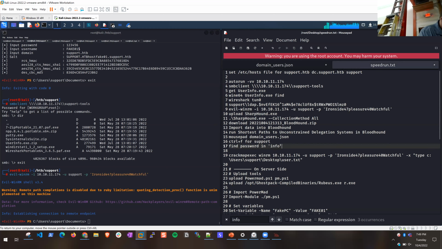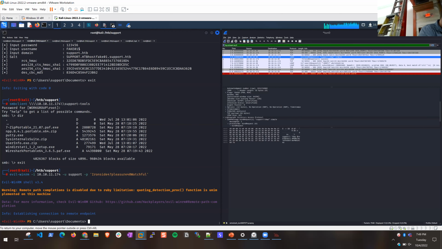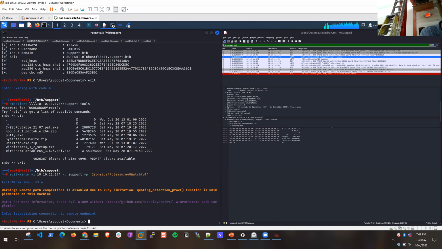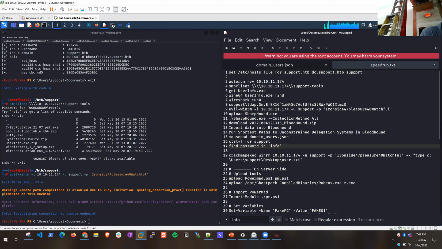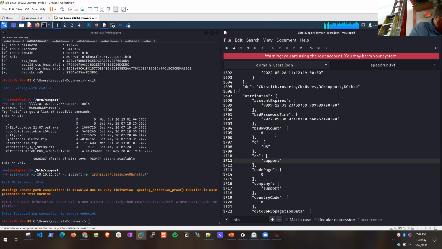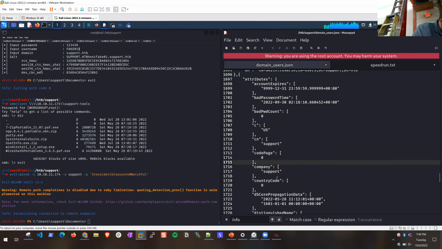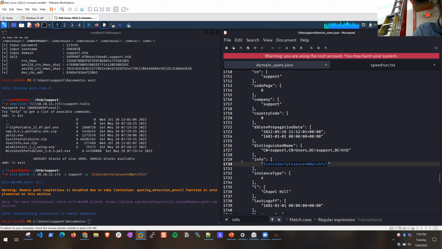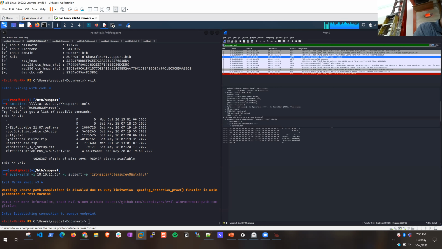Also, the JSON data is interpreted in Bloodhound, but it's also good to go and parse that manually because you never know what type of data will be in there. In this case, in the actual JSON file, we have a field called info, and info has something interesting in it, and it looks like a password. So we're gonna grab that.